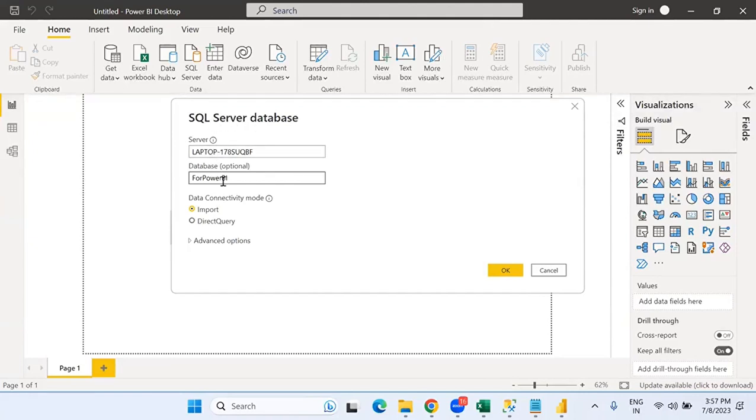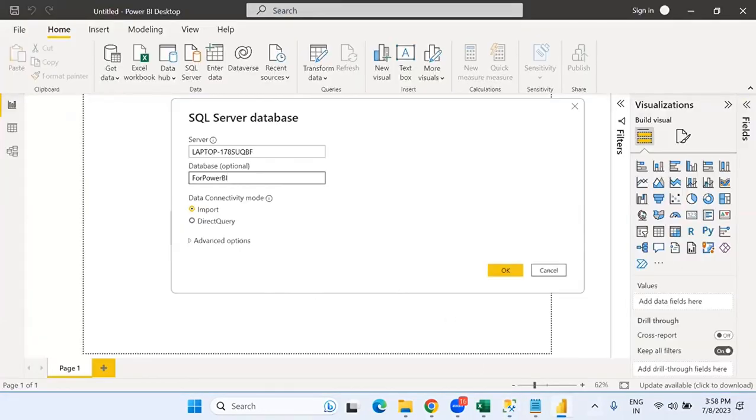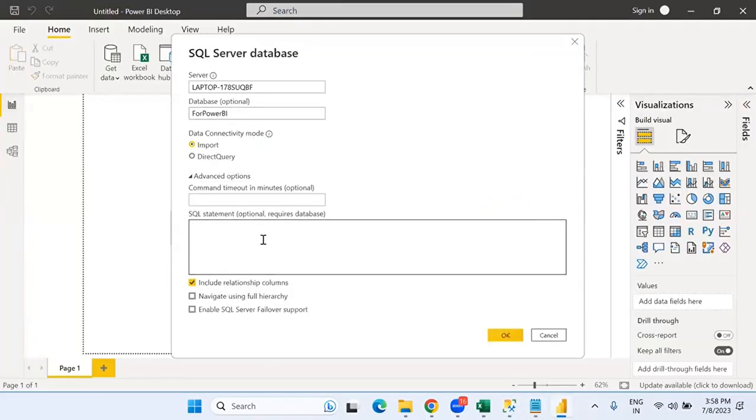So I said this server. However, observe that this time, instead of just directly selecting one of the two, I will leave it as import. We anyway know that import or direct, we will get the same 22 rows from that table. But what I want to do is I don't want all the 22 rows. I was interested only in these 3 rows. I just wanted the summarized output to be fed into Power BI. So if that is the case, the same SQL that I would have written in SQL, I can write the same SQL here also. So I can say select